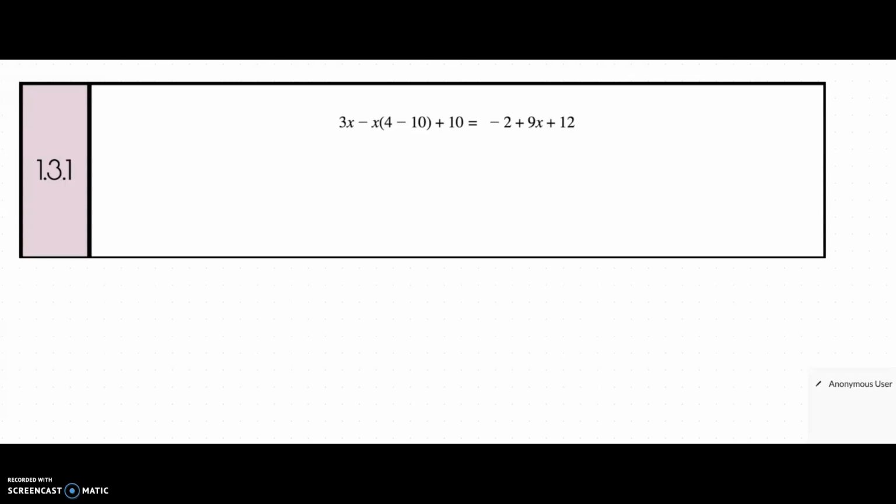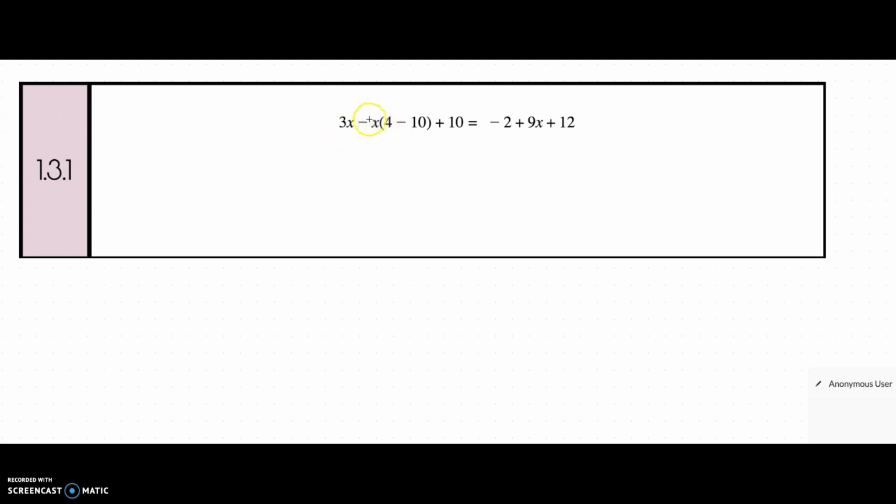Let's look at learning target 1.3.1, which is to solve multi-step equations. So as I look at this, I see there's a lot going on here. We kind of need to figure out where to start. The good news when there's a lot going on is that you can pretty much start anywhere, with the exception of parentheses. So parentheses always need to come first. So as I look at these parentheses,